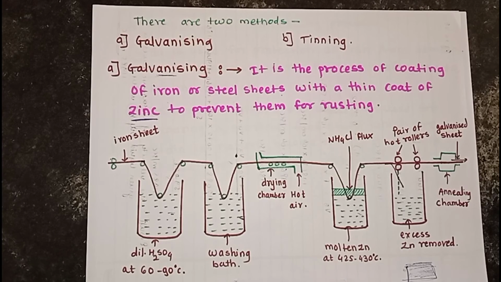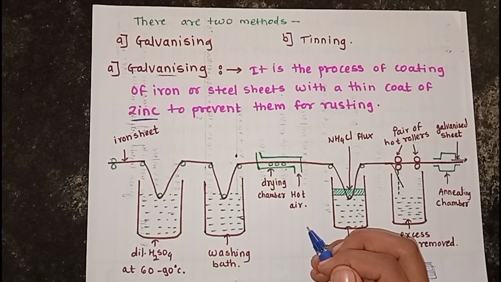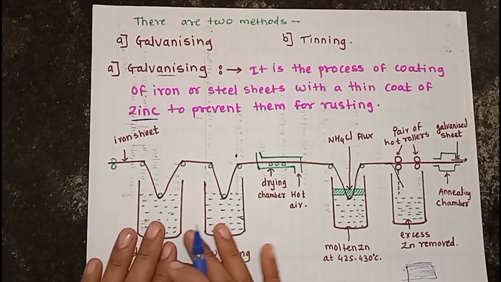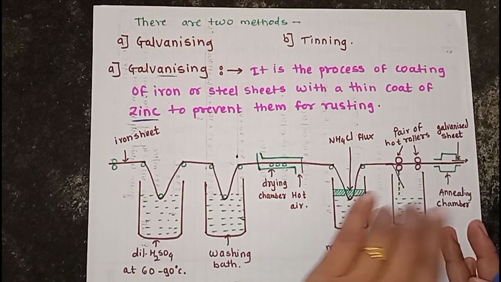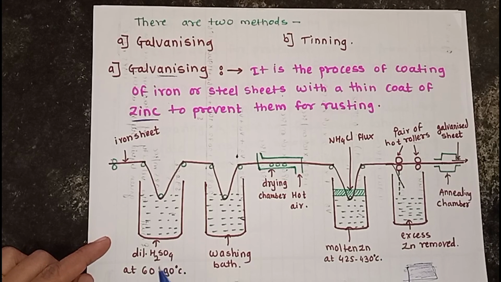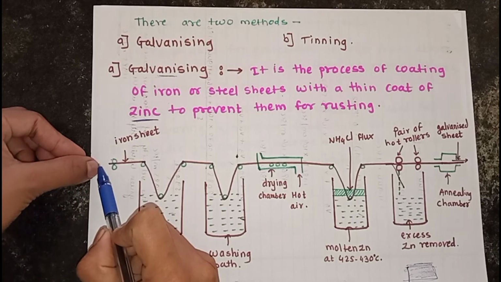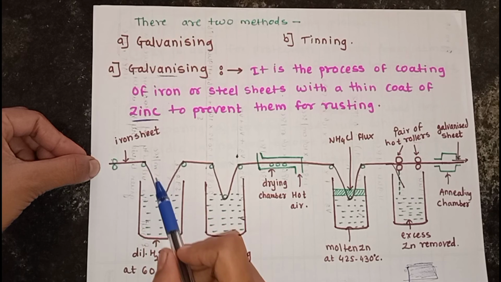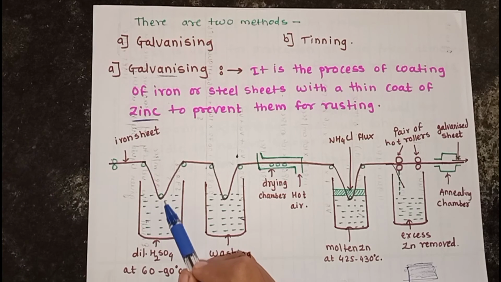for 15 to 20 minutes at 60 to 90 degrees Celsius to remove any superficial oxide layer and the impurities. Then this article is washed well and dried. In this diagram we see four tanks. The first tank contains dilute H2SO4, which means we pass this iron sheet through that side, and firstly these